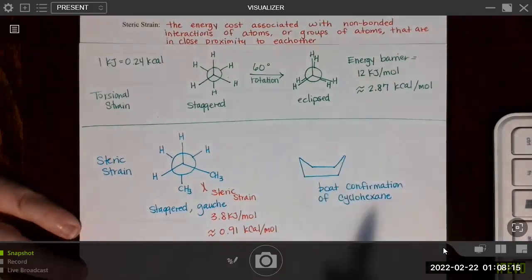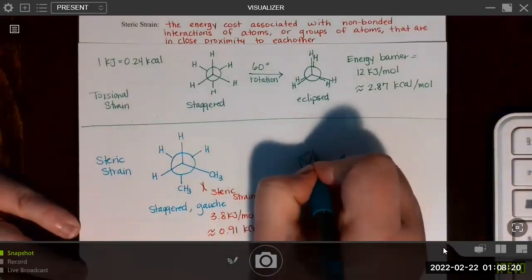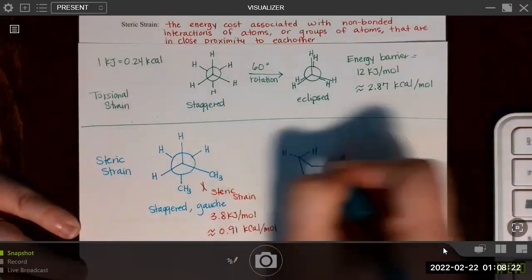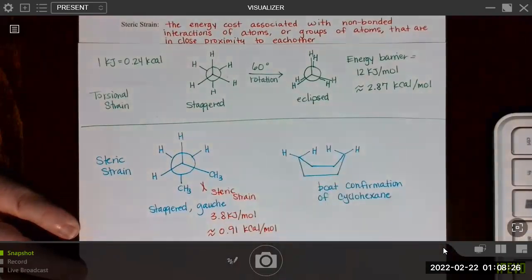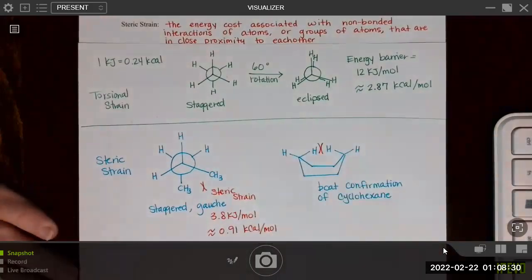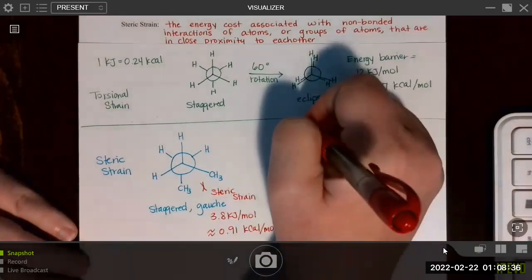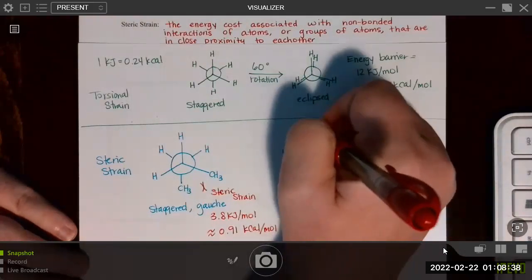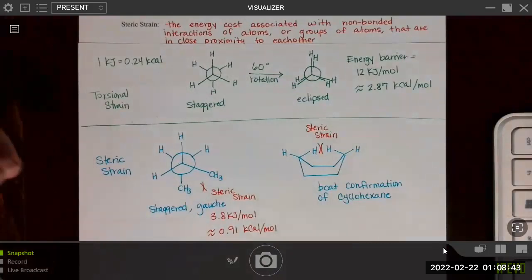And a steric interaction here is that there are actually two hydrogens on each of these carbons of cyclohexane. And in this boat conformation, those two hydrogens, even though they're only hydrogen atoms, actually get rather close to one another. And that is considered a steric strain. Notice how the hydrogens are not attached to one another. They're actually pretty far apart, right?